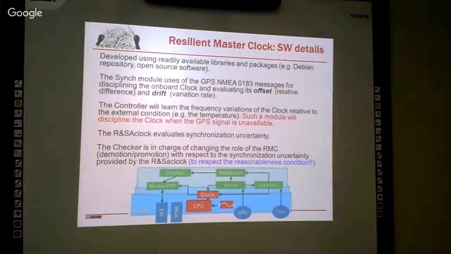aware of being on the time dimension respecting the reasonableness condition, or, say, it's a sort of fail-stop or fail-safe kind of behavior, because we are not acting on the timeline if the time we are measuring is not compliant with the reasonableness condition. Okay,